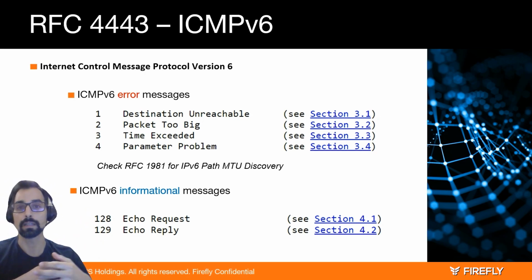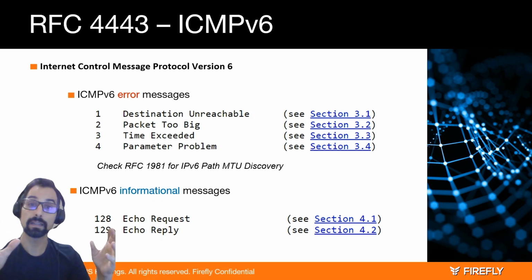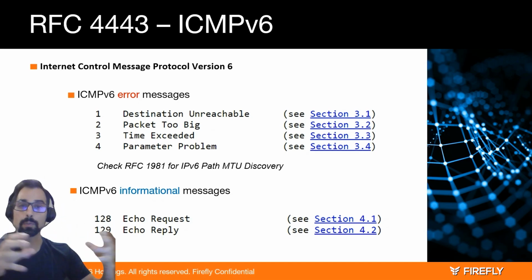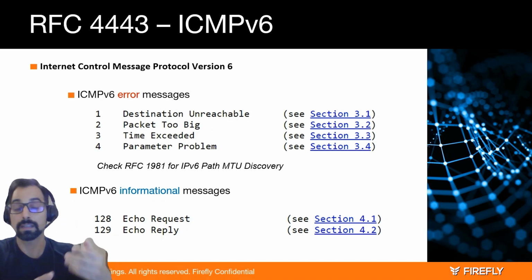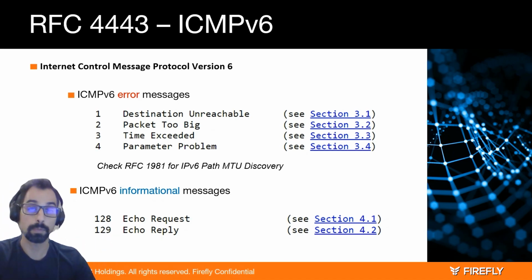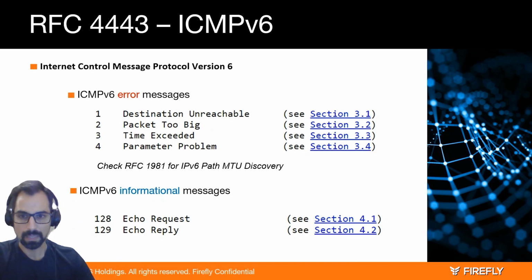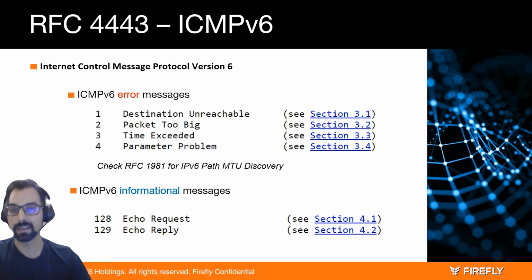This is when the receiver receives a kind of valid IPv6 ICMP packet, but maybe the code or information within the packet is not correctly placed. So it's going to discard the message and send back a parameter problem saying you have to redo this packet and send that again. And informational messages, we are all familiar with this one, is our dear ping, echo request,